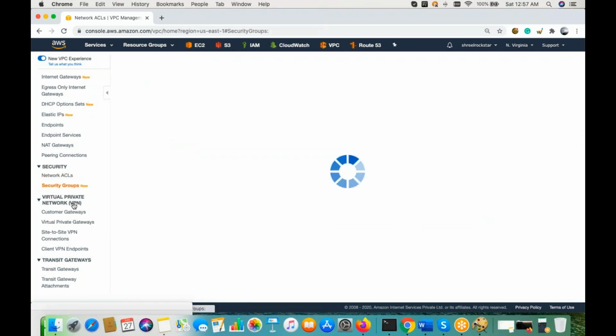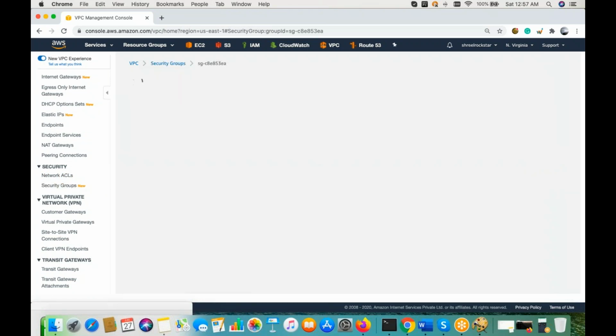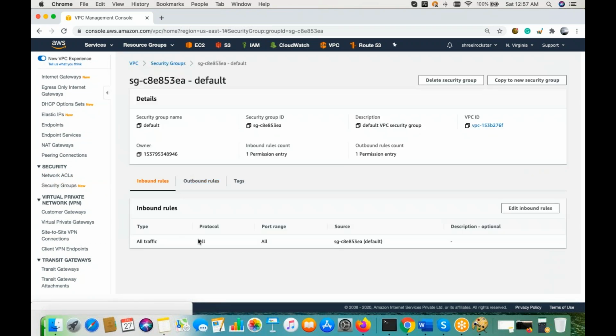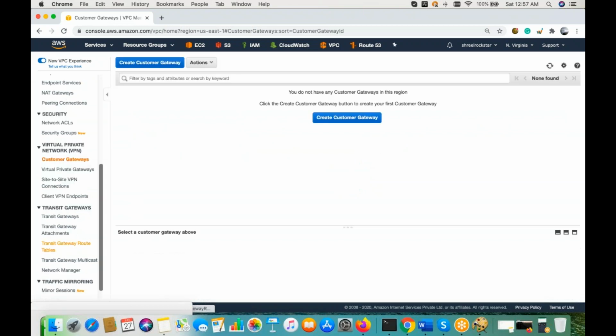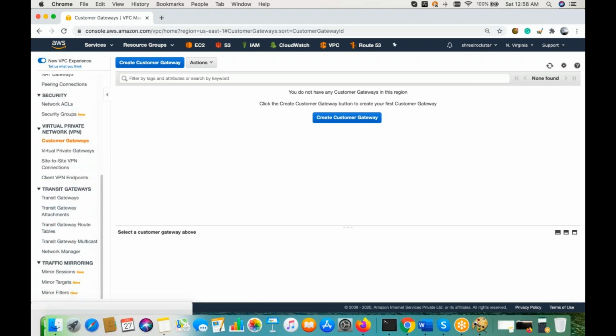It's up to you. Now guys, another one is the security group, which we just discussed, which we generally use for inbound and outbound traffic rule management. Now another is the customer gateway, right? Because if you are looking for VPN tunneling, then the customer gateway will be applied accordingly. So how to create a customer gateway? That will be something we have to gather from the customer first to create a VPN tunnel.